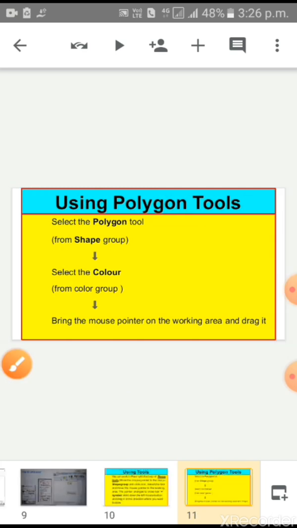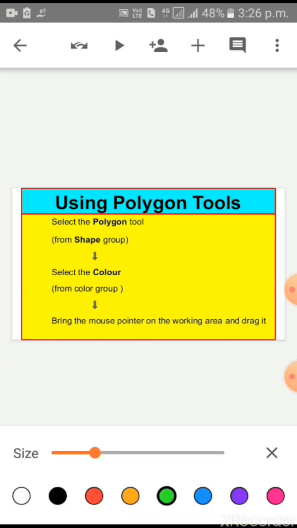Next is using the polygon tool. How to draw the polygon? Children, select the polygon tool in the Paint application window from the shape group. And then select the color which you want to give to the shape that you want to draw.